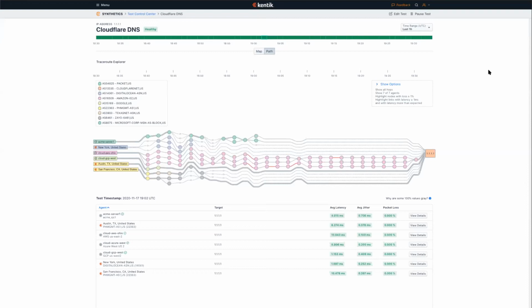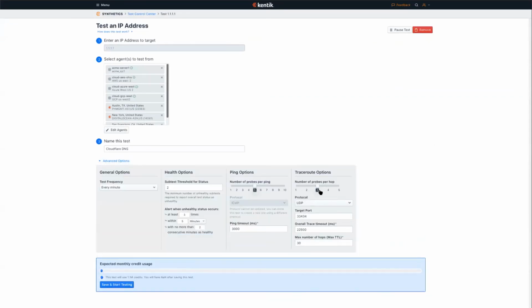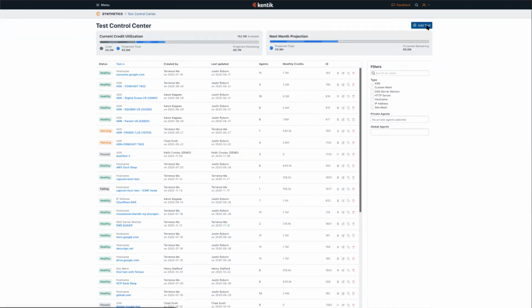What you're looking at now is essentially we are running every minute, which is the default. We'll run 3 probes from each of these agents towards the destination. So you have the option of specifying either UDP or TCP probes. In the traceroute options here, you can pick the total number of probes that you run every minute. By default, we set it to 3, and you have the option of picking either UDP or TCP, depending on what you think is going to work better for your specific network. So in this case, it's running 3 probes, and these are UDP probes that are sent with an increasing